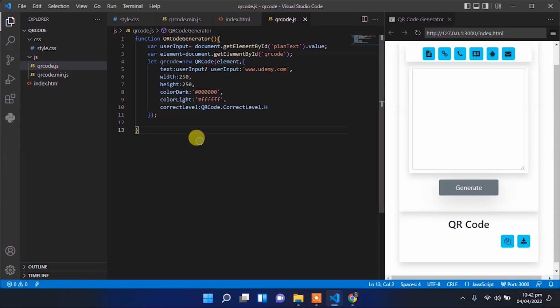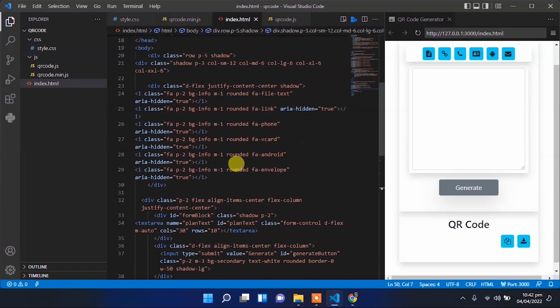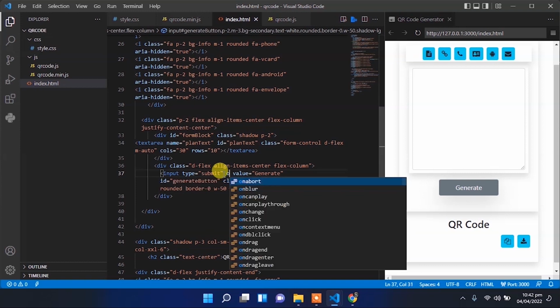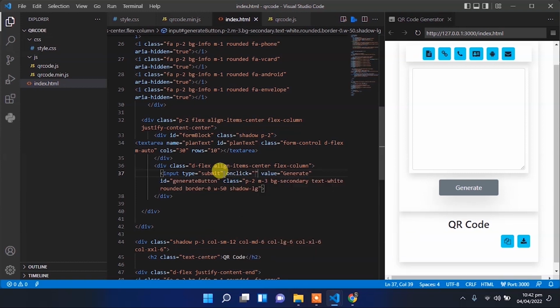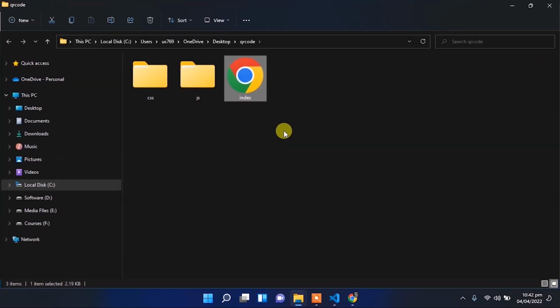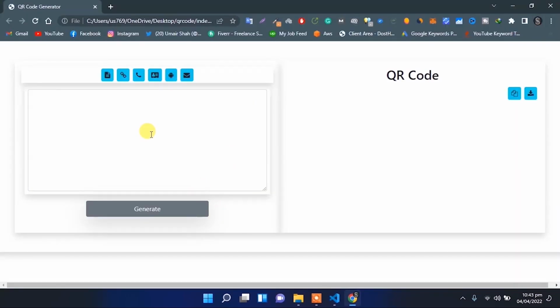And set that correctness level to high. Now copy that function and send on clipboard to that function on generate button. So let's check whether it's working or not. Open that index.html file, enter some text here, click on that generate button,